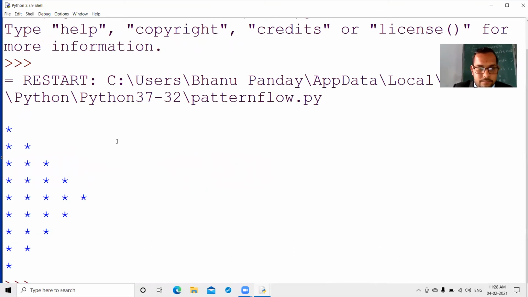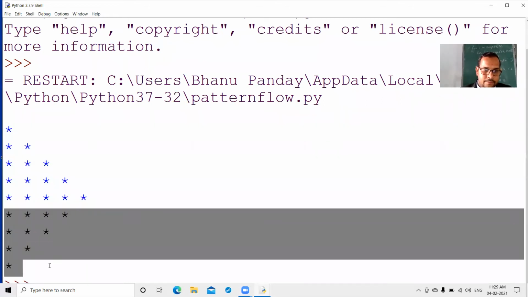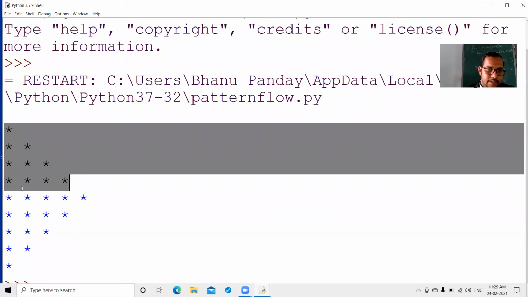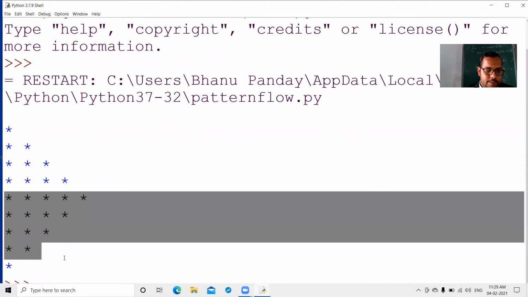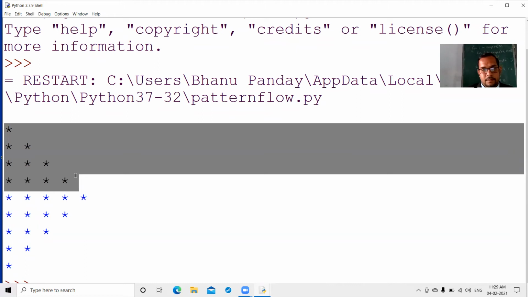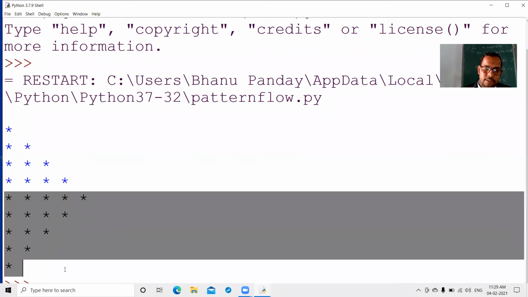This is another program. Its output is just like this, in a triangular manner. So here we mixed two programs: the first program and the second one. The output is made by combining two programs. You know very well how we make this type of star: a star, then double star, then triple star, then 4 stars. This type of star you made, you must know it. Then how do we make this one? Next one, look here.